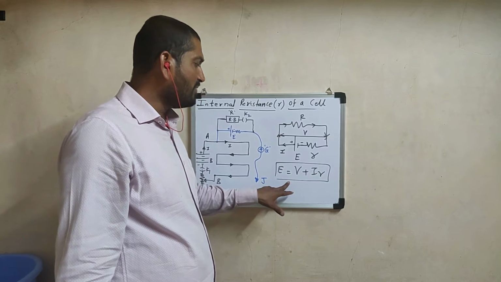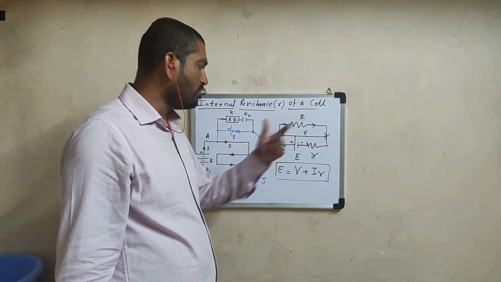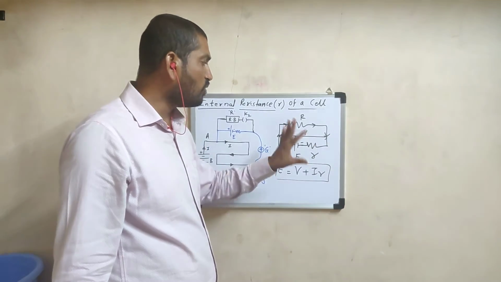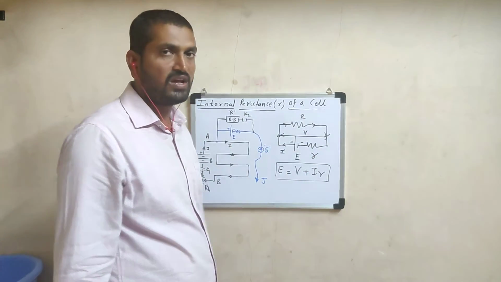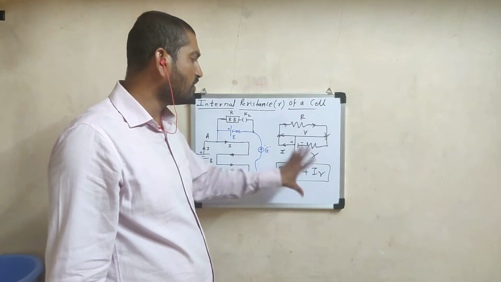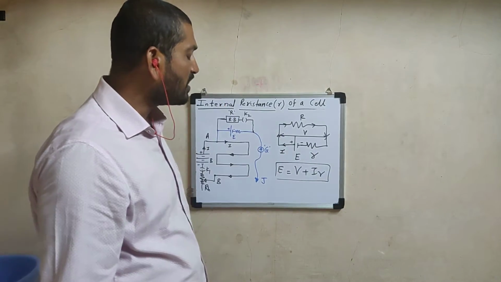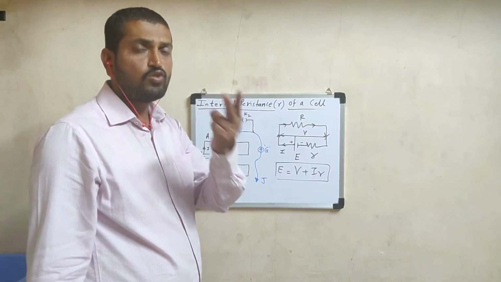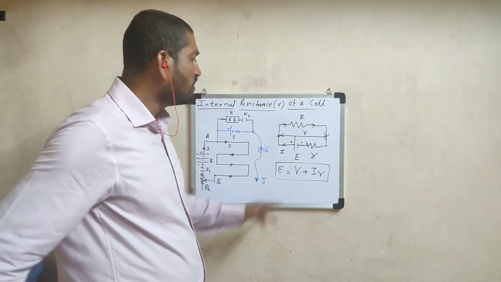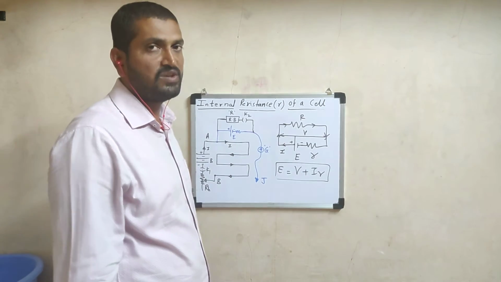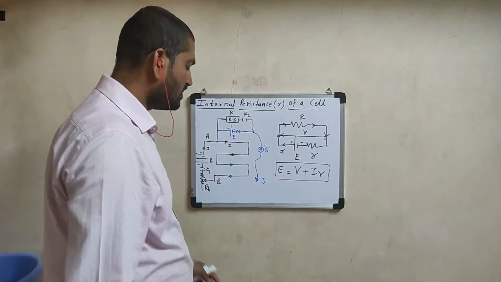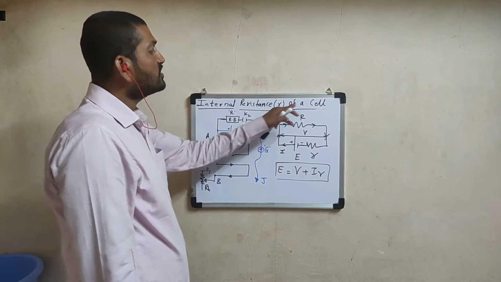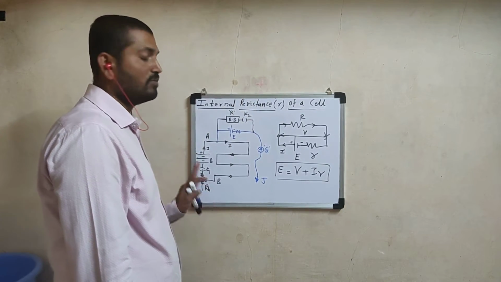Now this is the formula method. If capital V is known by means of a voltmeter, EMF is known, and current we can calculate using an ammeter, then small r we can calculate using this formula. No doubt from Ohm's law also we can calculate. But using a potentiometer, by a very simple method, making only two measurements, two balancing lengths L1 and L2, we can calculate the internal resistance of a given cell. How? So let us now consider the method to determine the internal resistance of a given cell using a potentiometer.